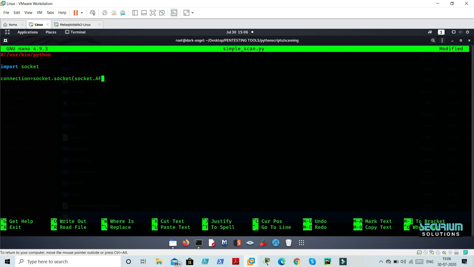socket.AF_INET. So what is this AF_INET? This AF_INET is responsible for the IP address. We are having IPv4, right? It stands for IPv4. We are indicating to the program that we are going to use IPv4. And the next one here is socket.SOCK